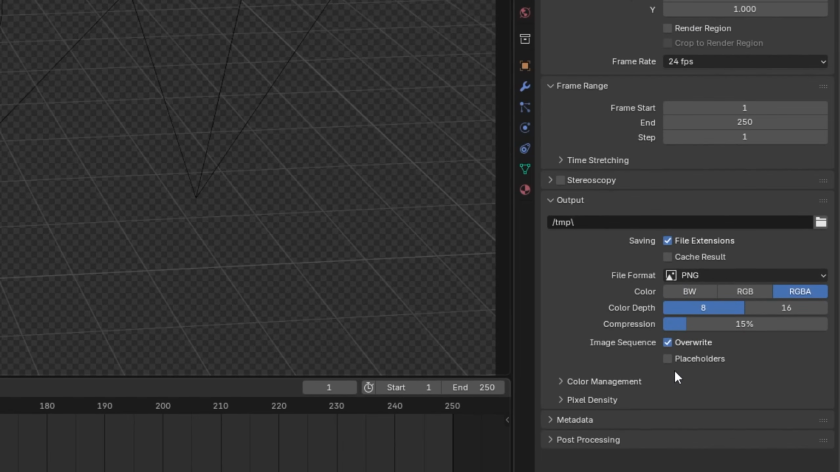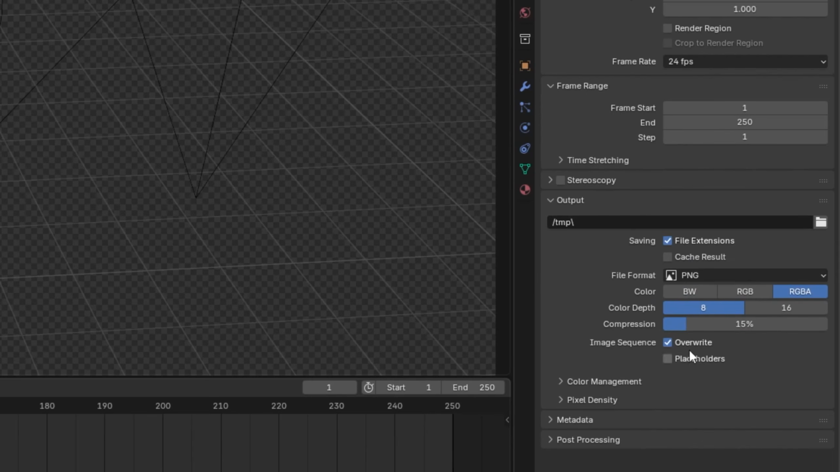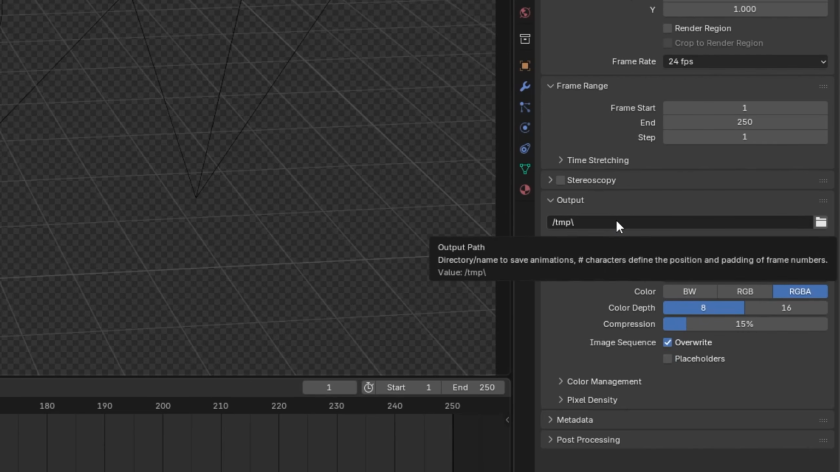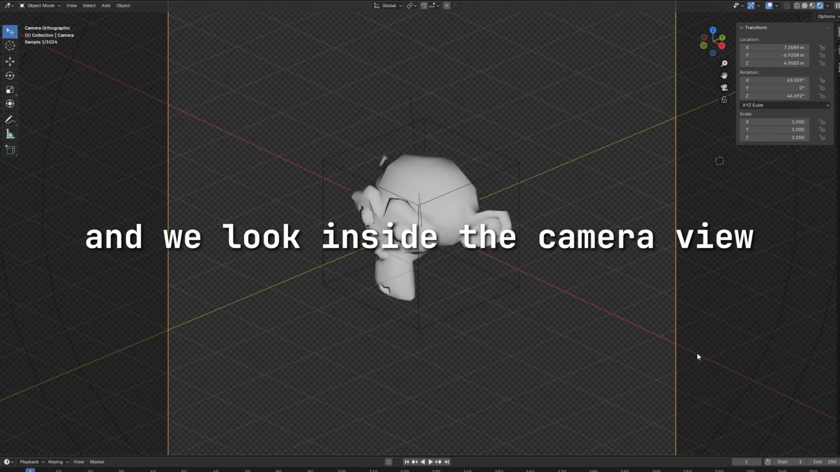And then you need to make sure you select where you want the output to be. In this case, it's outputting to some kind of temporary folder, which is fine for me. And then there's also this option here to overwrite. So in case there's any files that are named the exact same thing, this will overwrite and delete them. So if you don't want that to happen, turn this off. But in this case, we're just going to keep it on because it's going to a temporary file location, and I don't care. So now if we come back to our camera and we look inside the camera view,